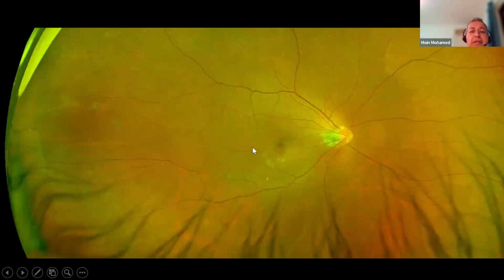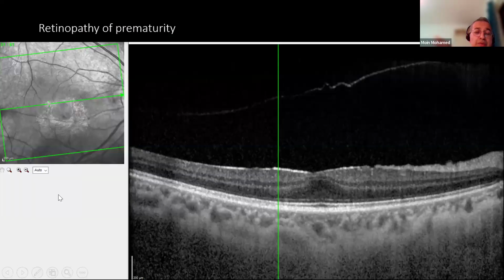This is the fellow eye. The disc is very dragged. The periphery looks very odd. There's a little ridge there. There are no blood vessels beyond it. It's an abrupt termination. This is retinopathy of prematurity. And we're going to start seeing more and more of this as well. So again, it's in